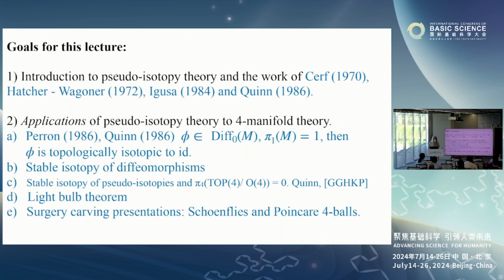And here are my goals for this talk. One is to give you a very quick introduction to the theory of these big results of Cerf, Hatcher, Wagoner, Gusse, Quinn. And then talk about modern applications to four-manifold theory. Now, I use the word application in quotation marks, italics, because for me, we're mathematicians trying to prove a theorem,